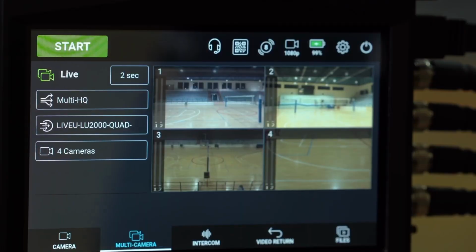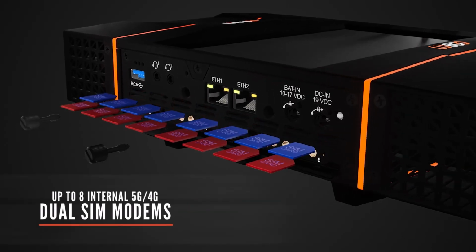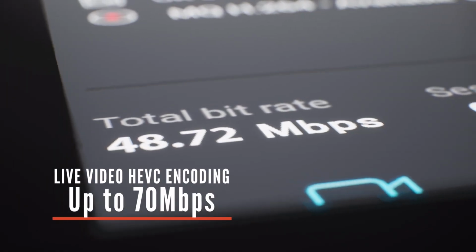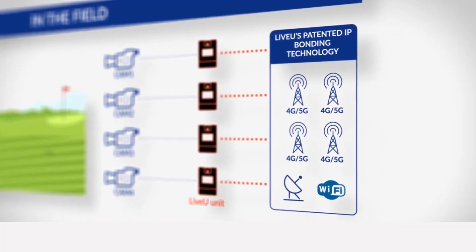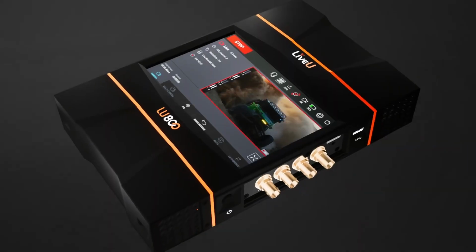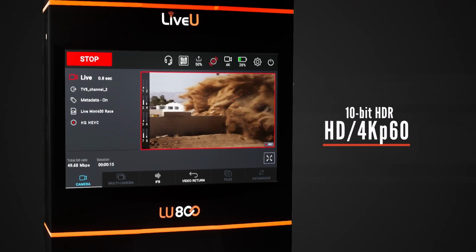LU800 bonds up to 14 connections with up to 8 5G, 4G internal dual SIM modems, supporting up to 60 megabits per second based on LiveU's award-winning patented HEVC technology. For high-res and better color, the LU800 can do 4K P60 10-bit HDR transmission for optimal color depth and richness, as well as up to